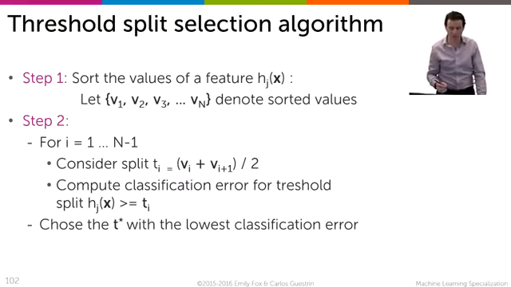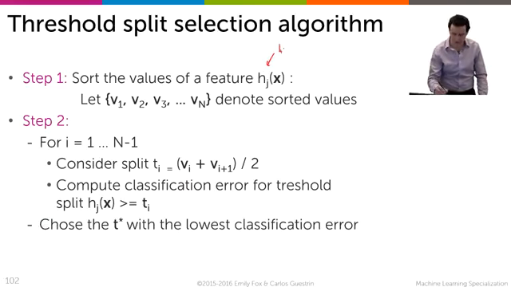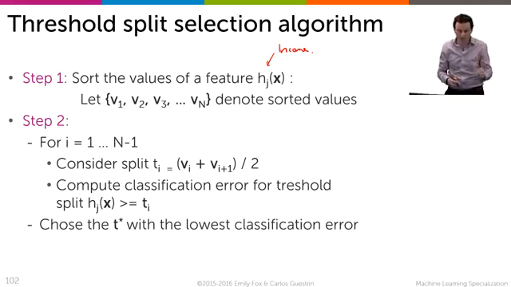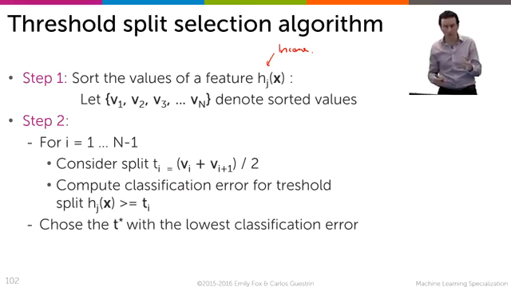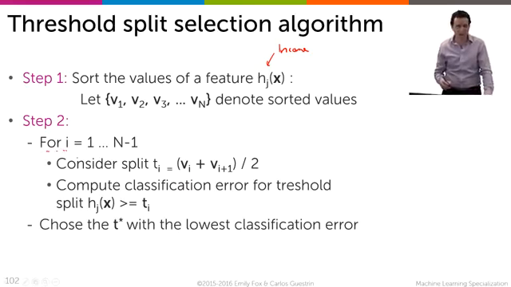So let's say that I'm considering splitting on the feature Xj, which might be, in our case, income. What I can do is go through all my data, that column of values the income might take, and sort them such that V1 is the lowest income, V2 is the next lowest, and Vn is the highest income. And all I need to consider is the splitting points right in between V1 and V2, V2 and V3, and so on. So I walk from i equals 1 through n minus 1,